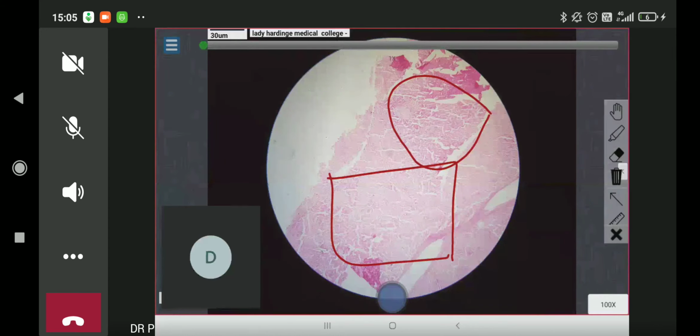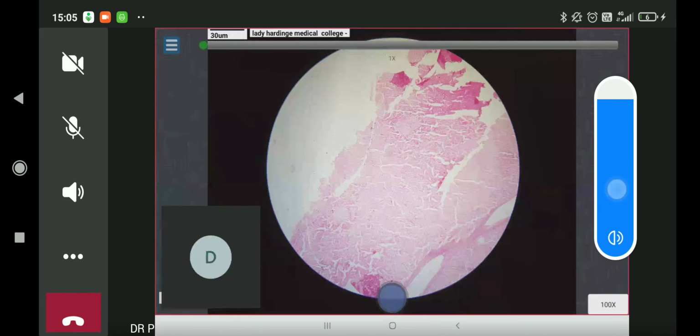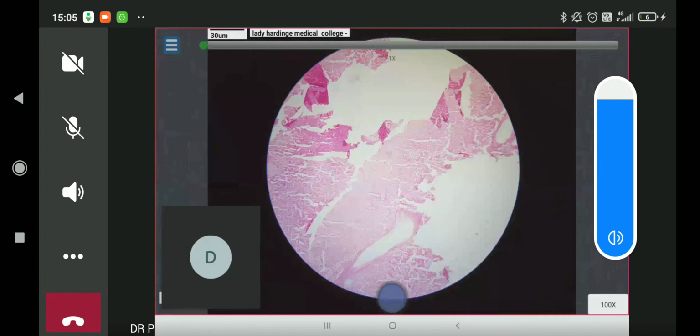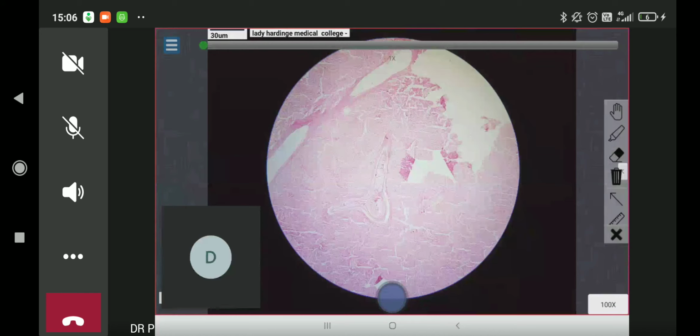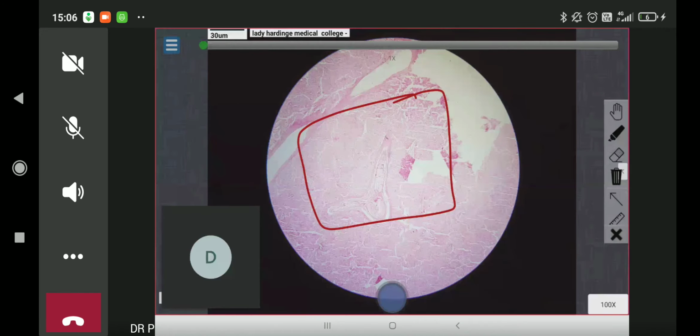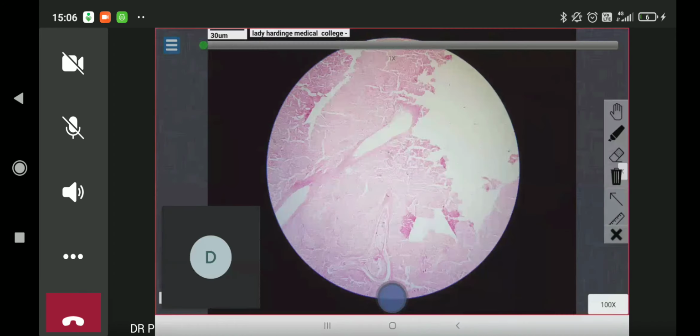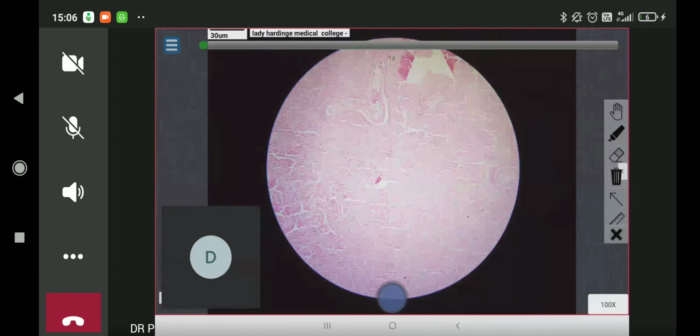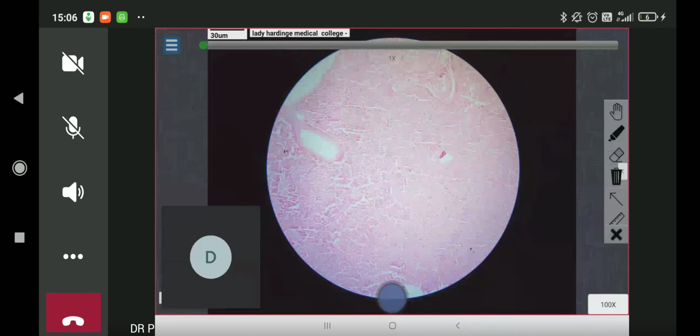Now I will just go on a rotation mode to show how the spleen looks. You have darker staining areas and then you have lighter staining areas where there is specific deposition, which is this light staining area. You can see inside the box, it is pale pink, whereas this area is darker pink in color. So you can appreciate that there is deposition of something, which you will confirm. Now see again here, you have darker staining areas on your left, and this is the pale staining area.